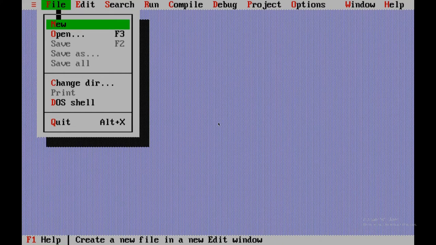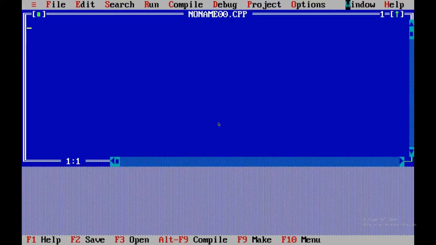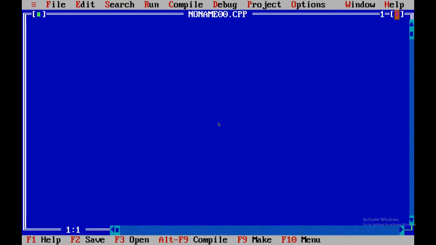Creating a new file. So now we are going to append our header file.